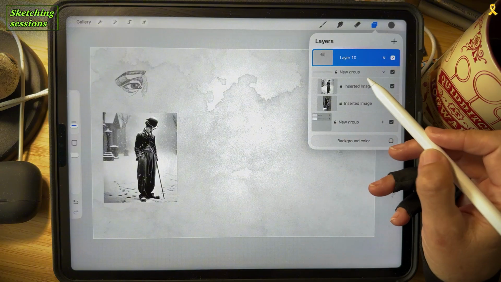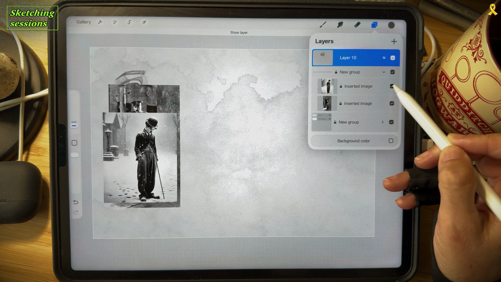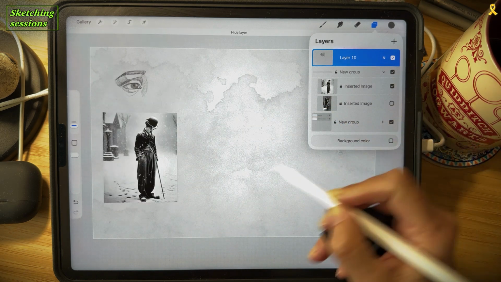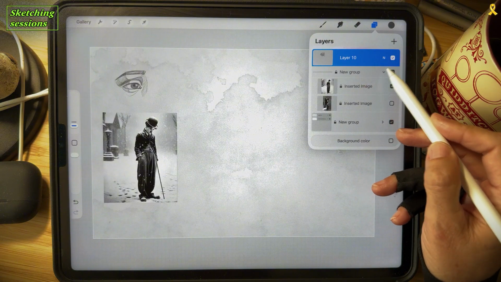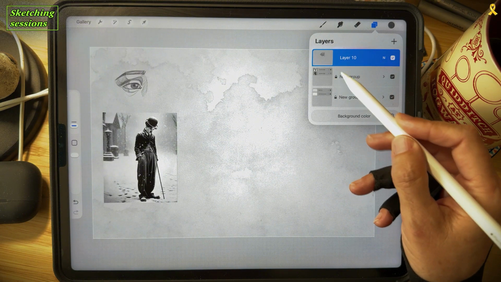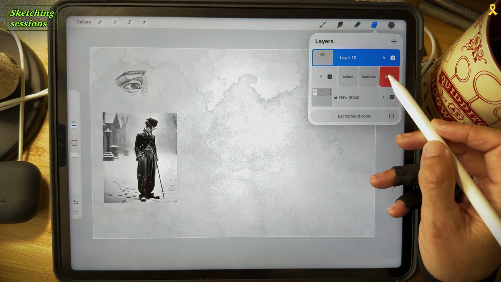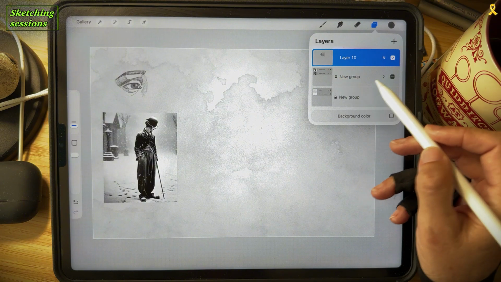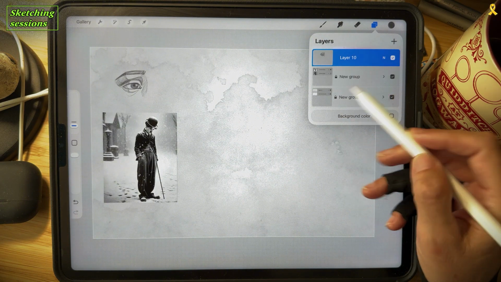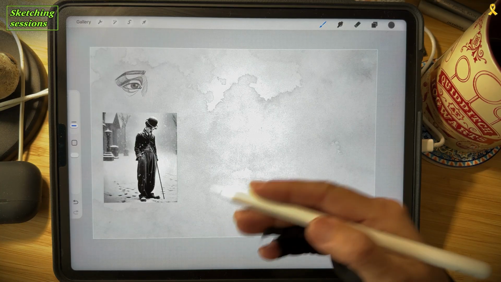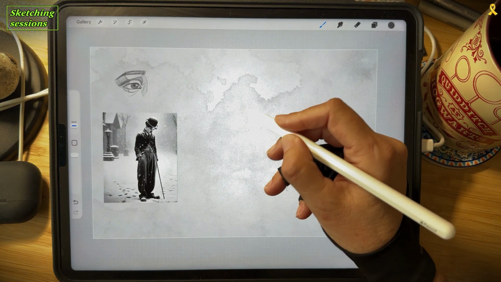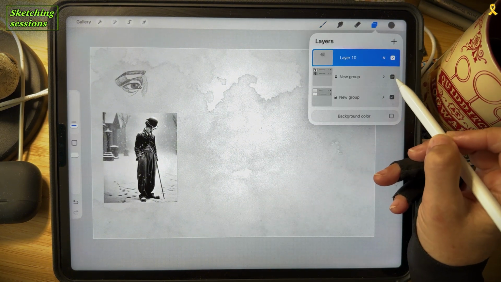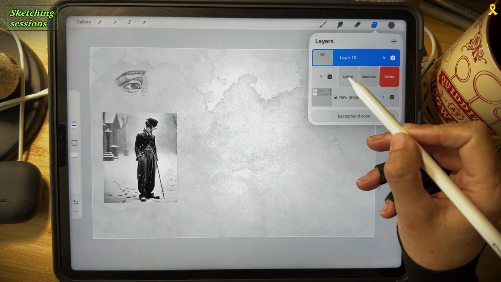So here I have two images which I would like to work on during my session, but I think I'm going to stop on this one. I put these two references in a folder and locked them. You can see here the tiny lock symbol. I lock my references and other things that are important to me because I can get confused and draw on the wrong layer. But I can unlock them, of course,